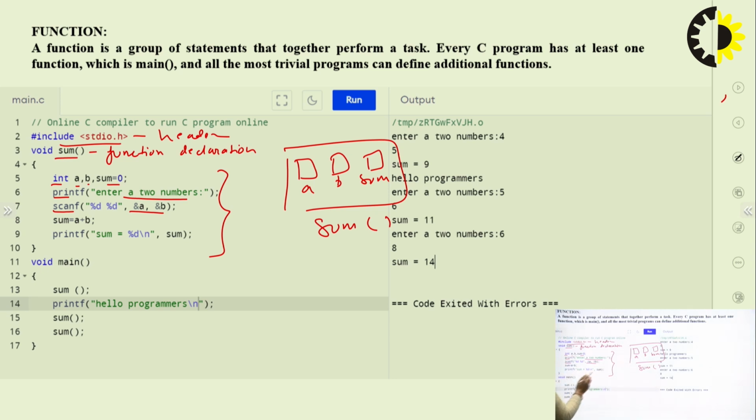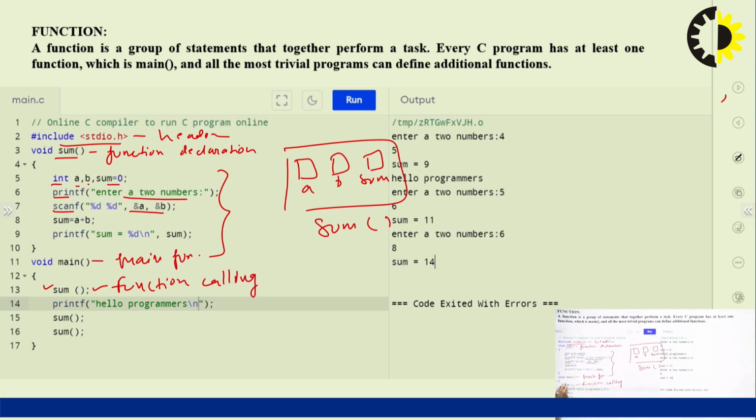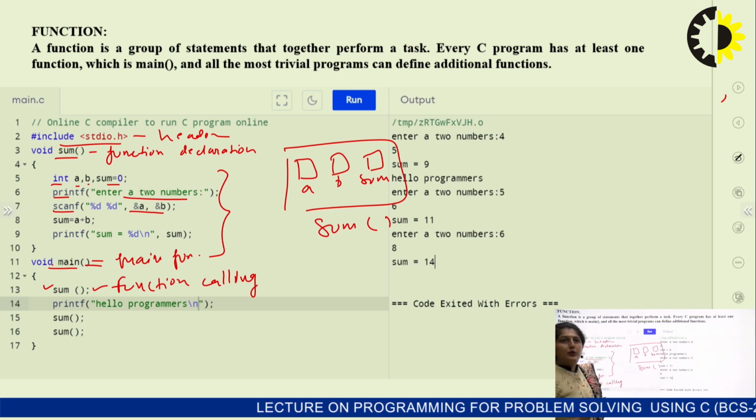Now I have the void main function. This is the main function. Inside it, I am calling the sum function; this is a function call. When we run this program, firstly the void main function will be executed.